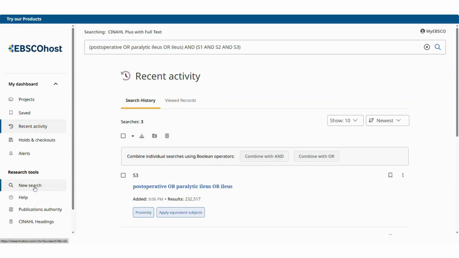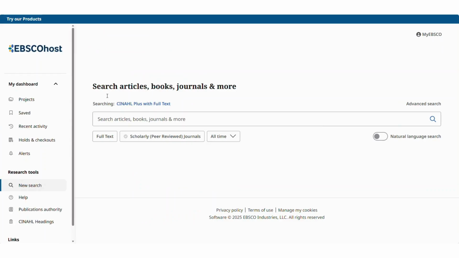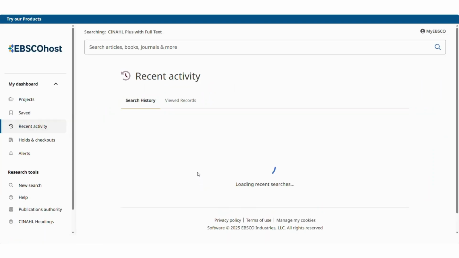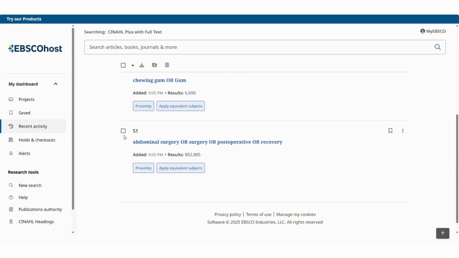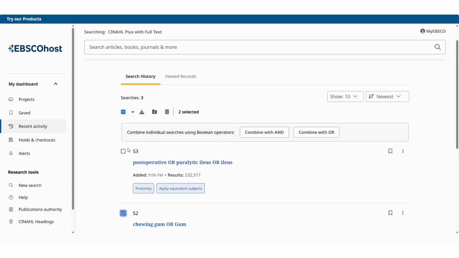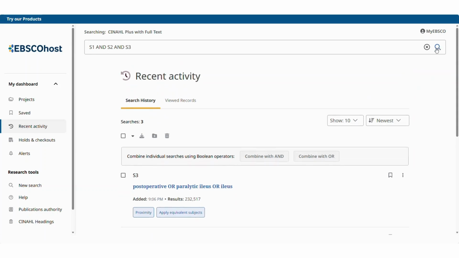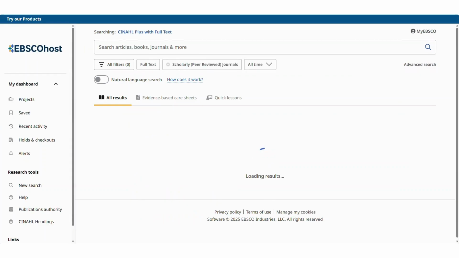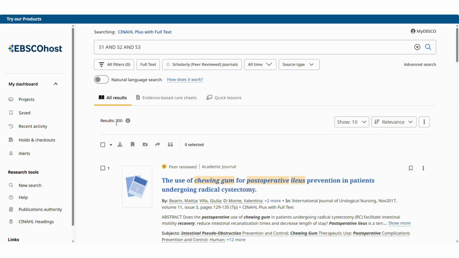Sorry, let me just click on the new search just to clear out my previous search. Again, I'll click on recent activity. So I'm going to select my first, second, and my third search and combine them using the AND Boolean operator. So here is first, second, and third search. Then I'll click on the search button. And here are the results. So we got